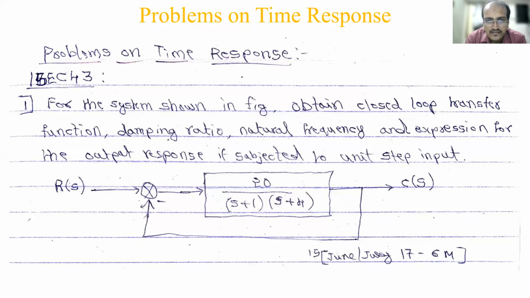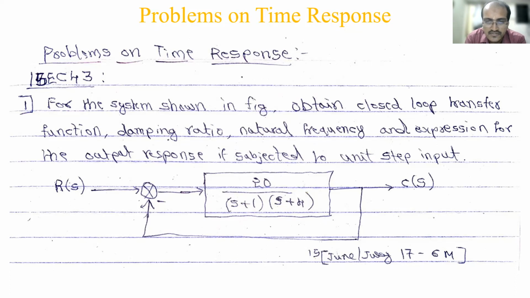And then the time response. What is the time response expression? I gave you the notes yesterday, right? So hope you have written that down. If you have not written it down, you have to do it, otherwise it is difficult to understand. Finally we derived an expression c of t or y of t. What is that? 1 minus e to the power minus zeta omega n t divided by square root of 1 minus zeta square, sine omega d t plus theta.